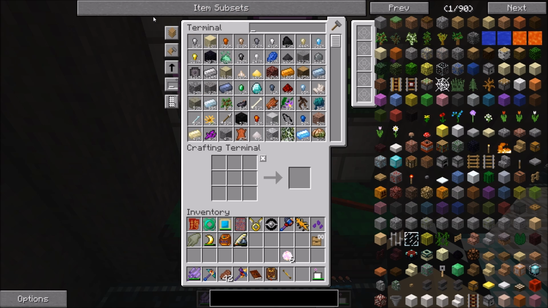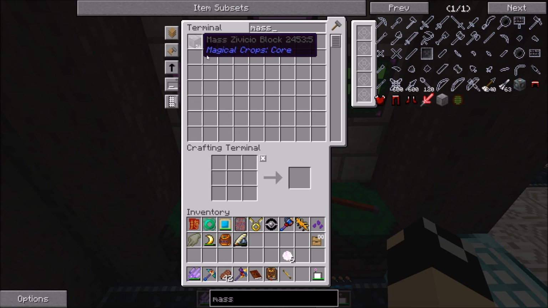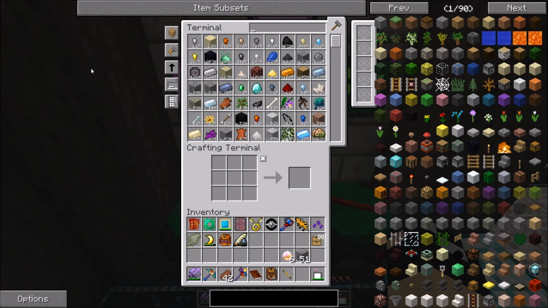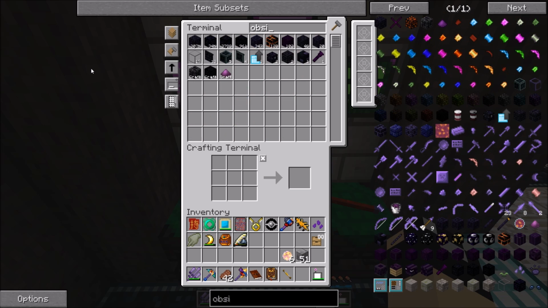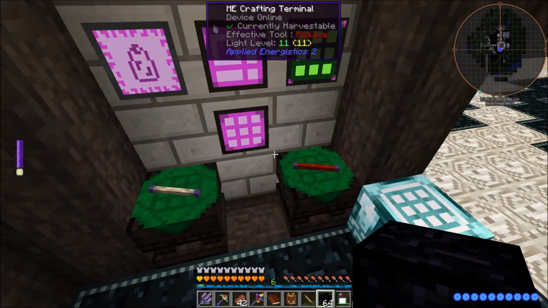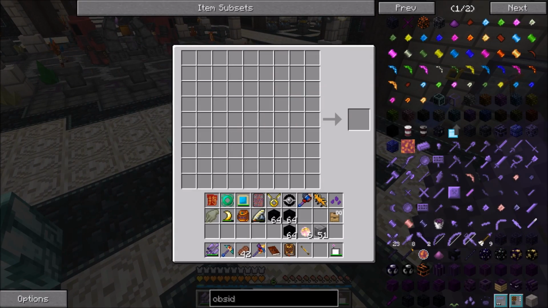And then we took, what, Massive VCO? Just grab that. And then the Octuple Compressed. No, I'm not Octuple Compressed. I threw some of this stuff in my system. It's the Quadruple Compressed Obsidian. Let's go ahead and grab a little bit of that. I need to plug up the actual storage for that